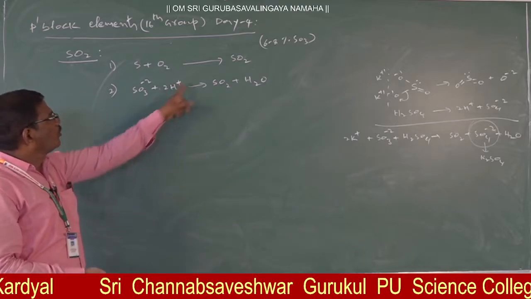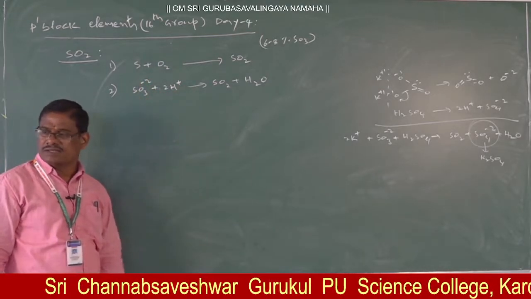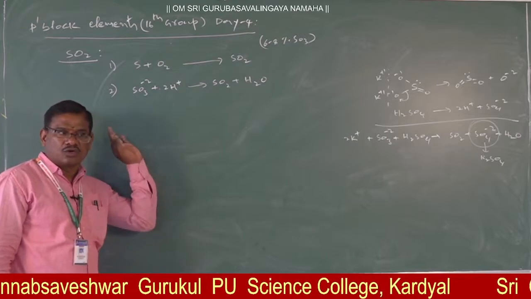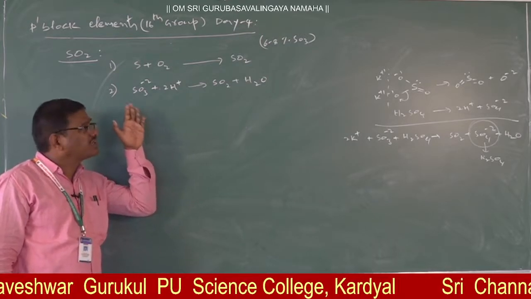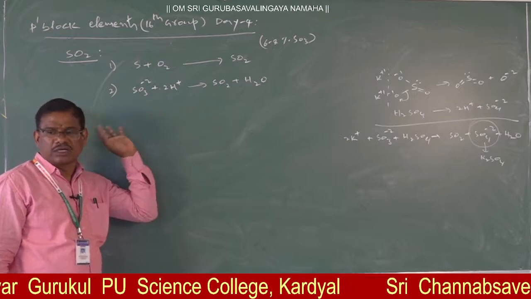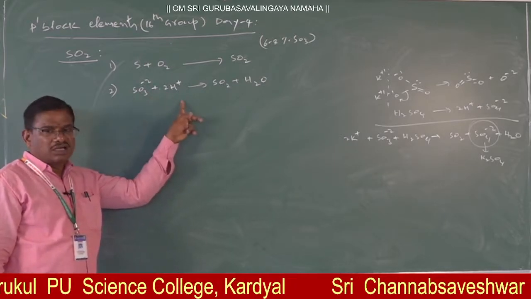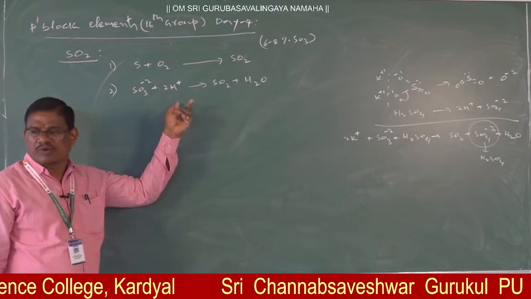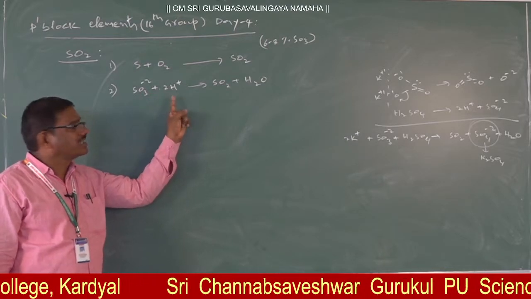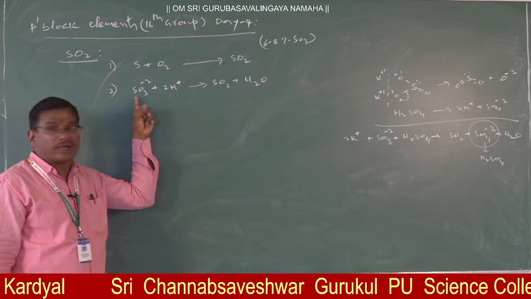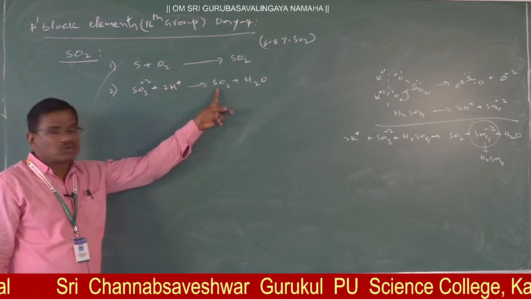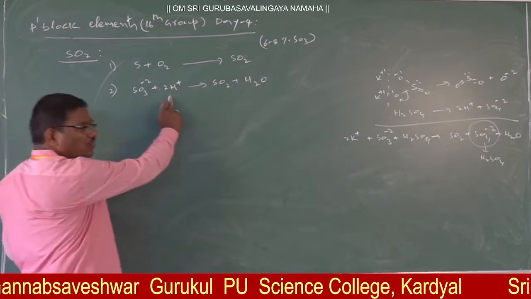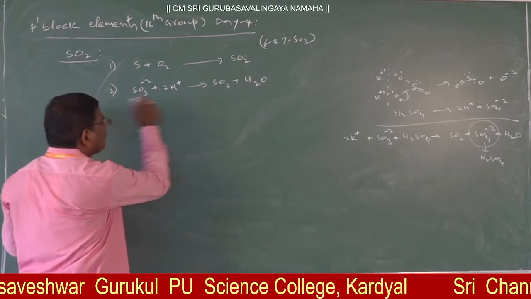Correct? Here 2 plus and 2 minus get cancelled. Balanced. Clear, na? No need to memorize; here you have to grasp what is going on. That is very important. Sulfite, in an acidic medium. Generally, sulfuric acid will be preferred as the acidic medium. That sulfuric acid releases H plus ions, which take O2 minus from sulfite. It converts into sulfur dioxide along with water. Clear, na? So that is also one laboratory method of preparation of sulfur dioxide.